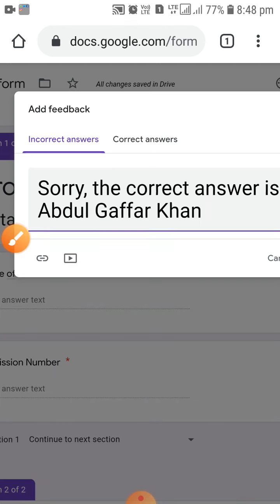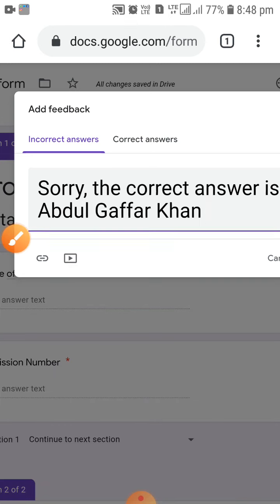Okay, I'm clicking on the first one over here, link to. You can see link to, and you can write the name of the website or the URL, whatever you want to suggest to them to get the correct answers. And suppose you want to share some YouTube videos, then click on this one, and I'm clicking on that.